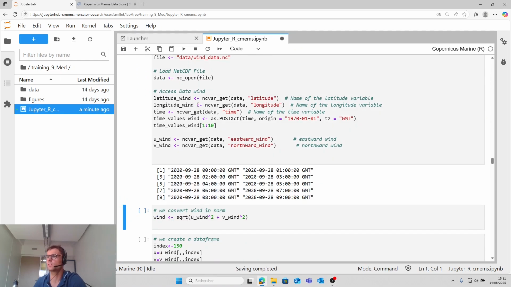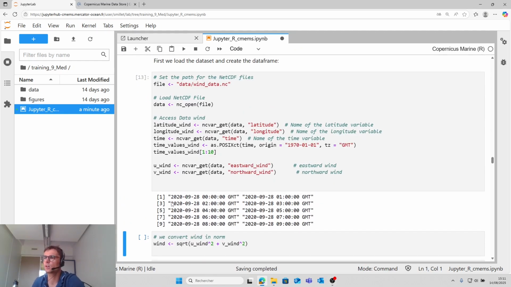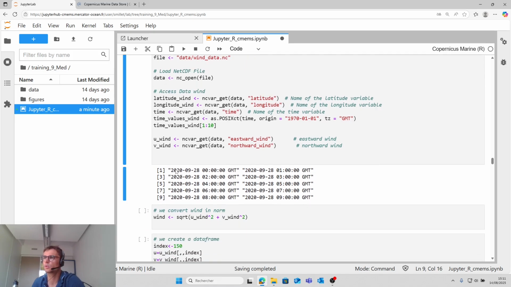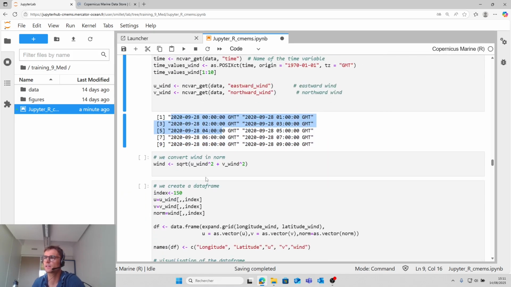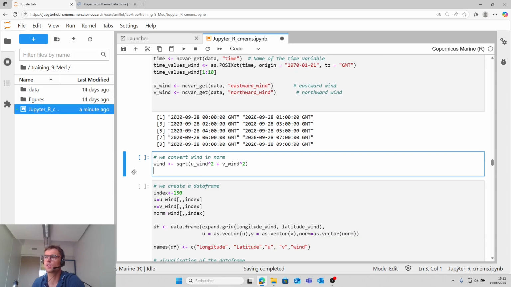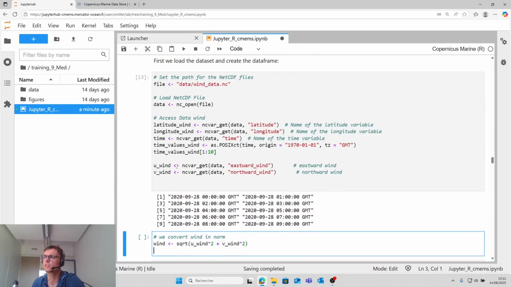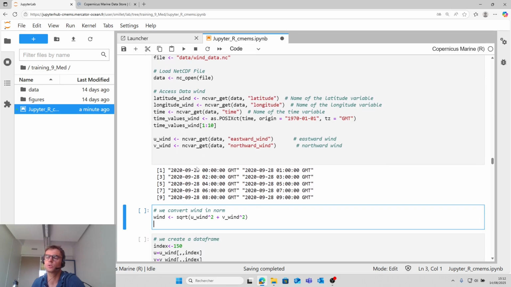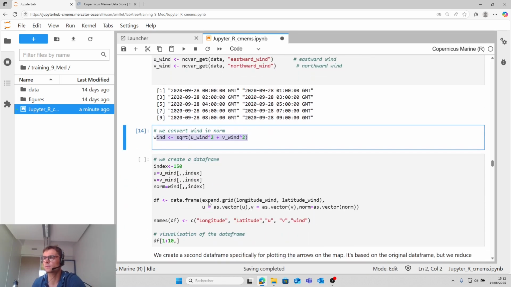So we run, and you can see here the time. Here it is a date. Then we convert the eastward and northward values of wind to the norm of wind, to have a value of wind, thanks to this formula.